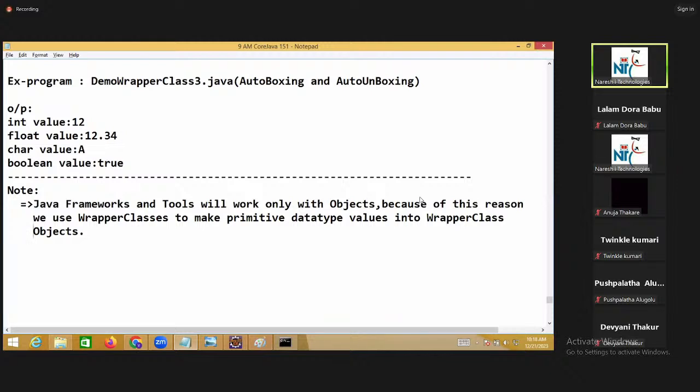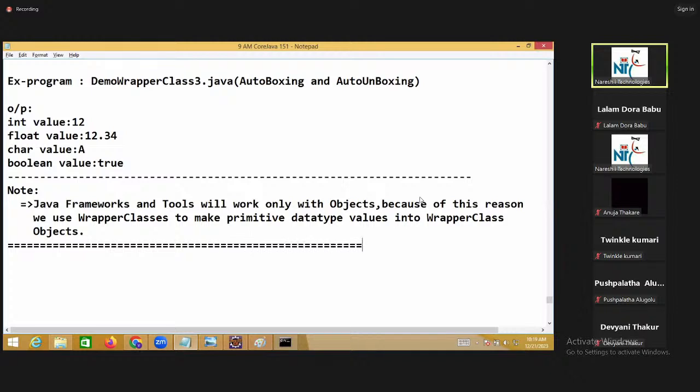Java frameworks and tools will work only with objects. Because of this reason, we use wrapper classes to make primitive data type values into wrapper class objects.